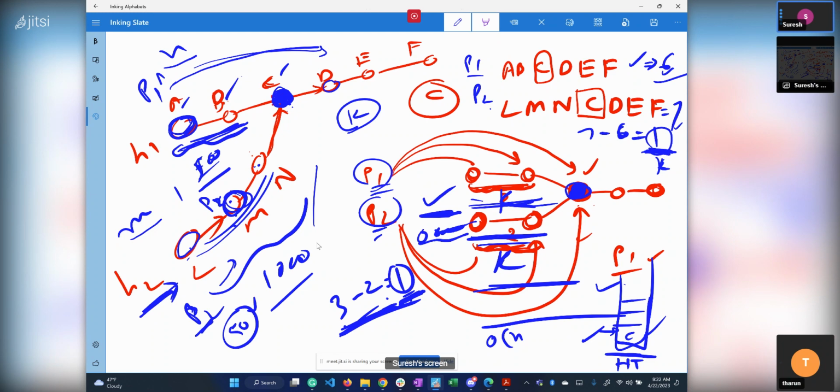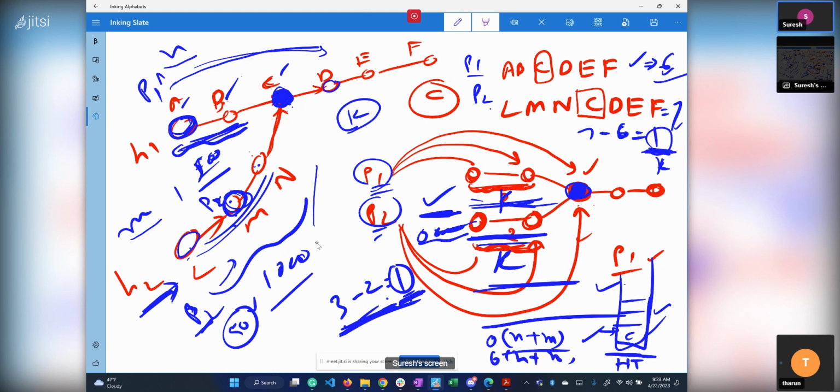Why is it order of n? Because it takes order of n to put the things in the hash map, and again you have to navigate the second linked list, right? So order of n plus m. You have to navigate all of the first linked list and all of the second one also. Let's say the last element is the intersection, then you are navigating all the elements of the second linked list also. In the worst case, you are touching every node of every linked list. So that is order of n plus m, and the space complexity is also order of n plus m,